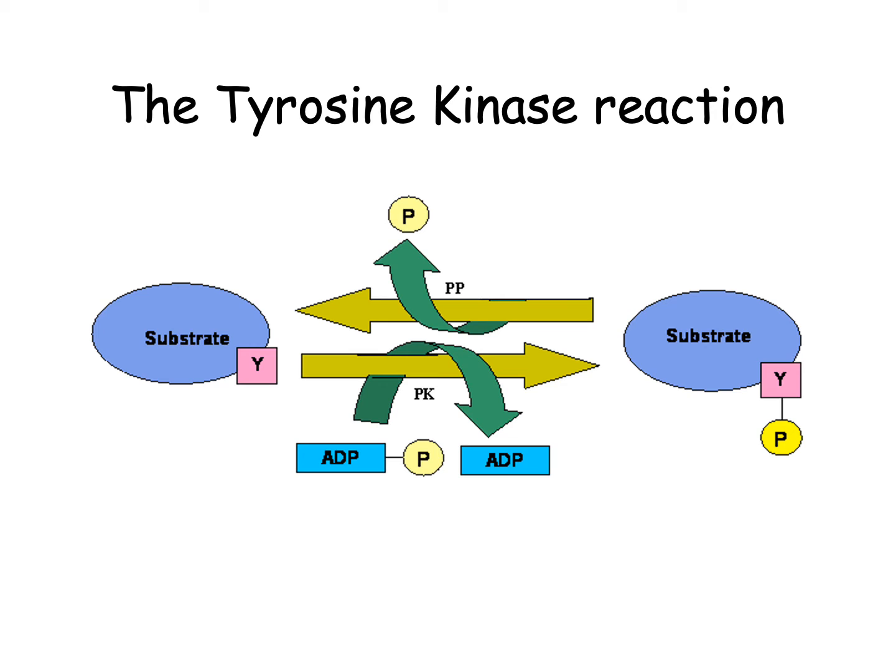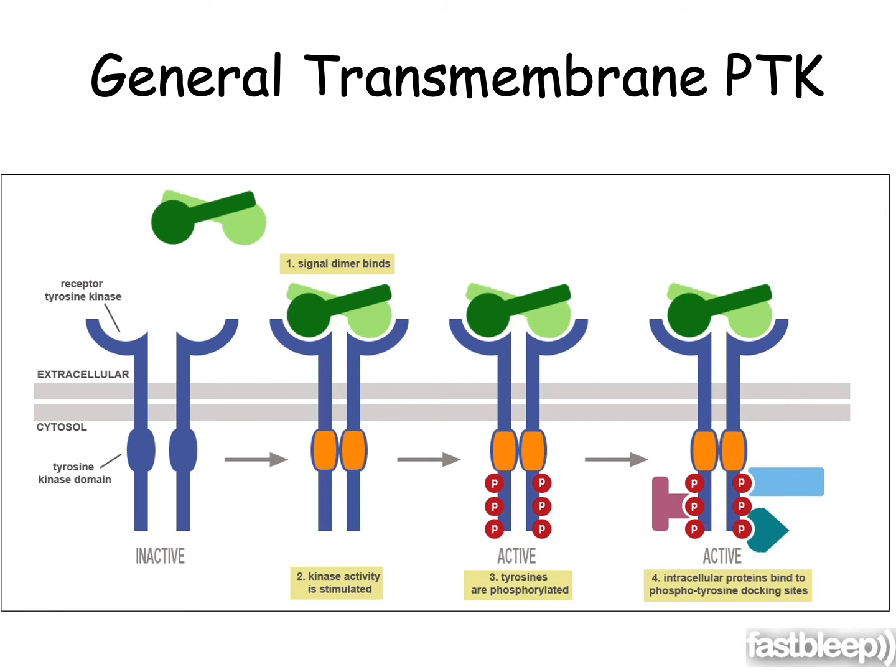So this diagram depicts the reaction of the tyrosine kinase. On the left you see the protein with a tyrosine on it, and then this is phosphorylated using ATP, transferring the gamma phosphate to that tyrosine to generate ADP and a phosphorylated substrate. And again, this can be another protein, or it can be phosphorylating itself. And so in this example, we see, and this is the case,